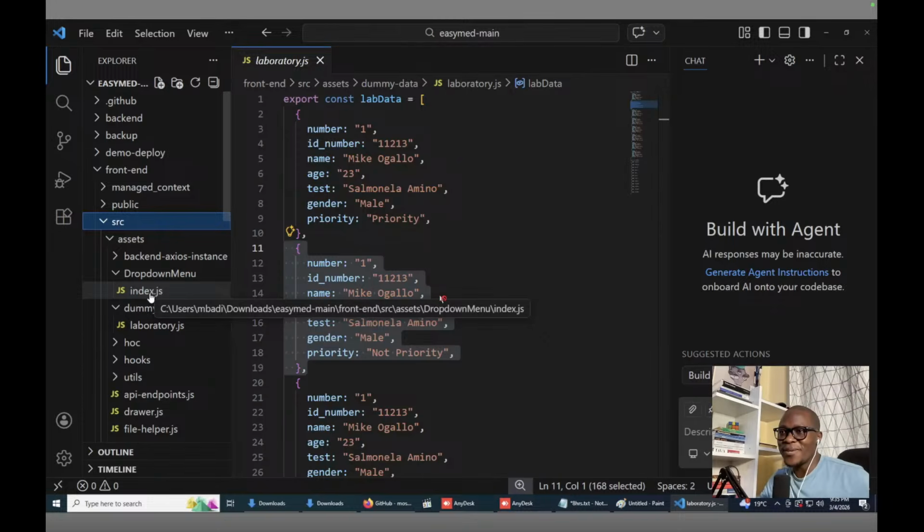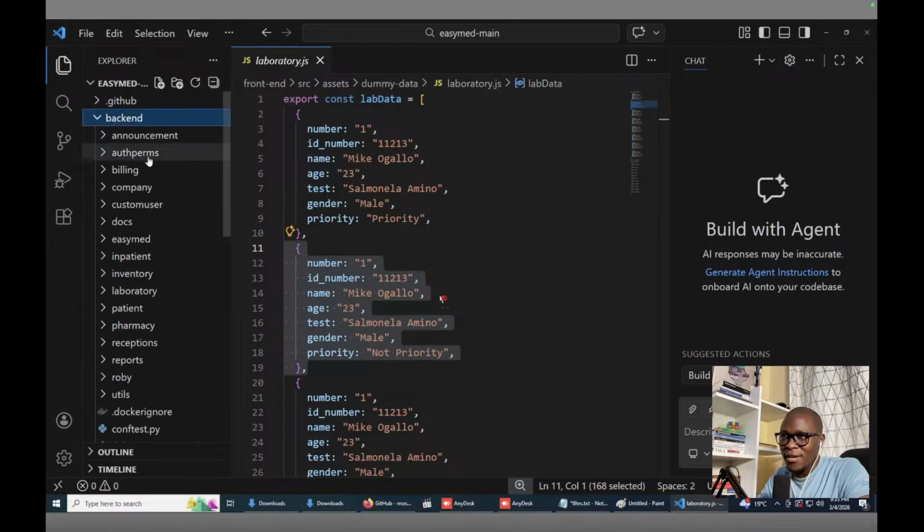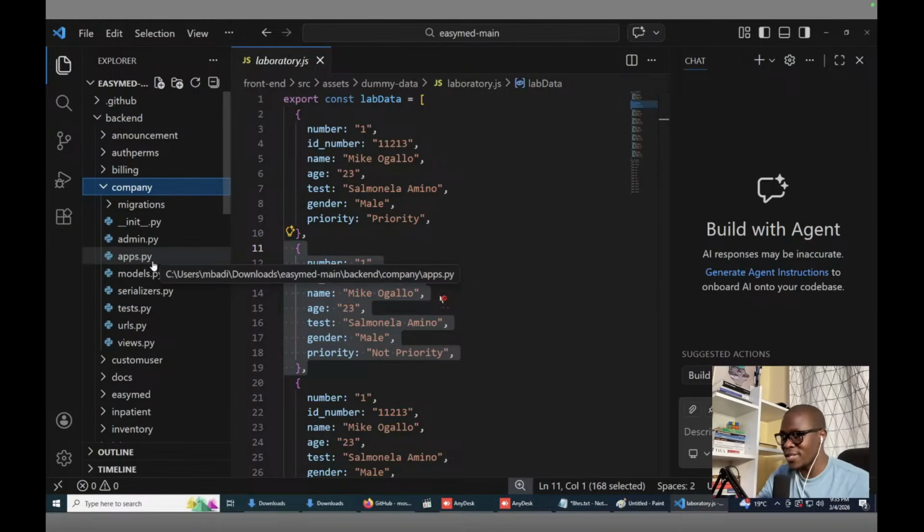So, as you can see, the front end has JavaScript, index.js, laboratory.js. But if you look inside the back end, if you go to company, as you can see, we have .py. There is not .js, okay? So .py,